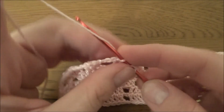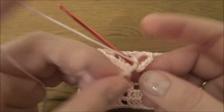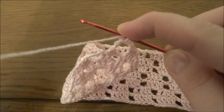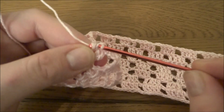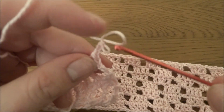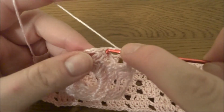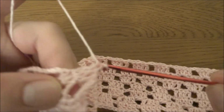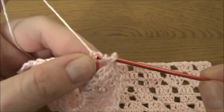then 1 double crochet into the second, chain of 4, 1 2 3 4, and now we have to repeat this pattern in each group of 2 double crochets, 2 double crochets, then 1 double crochet, then chain of 4, 1 2 3 4, 2 3 and 4, 2 double crochets, one double crochet, and then chain of 4, 1 2 3 4, 2 double crochets into the first double crochet,